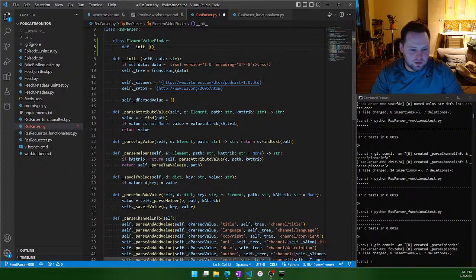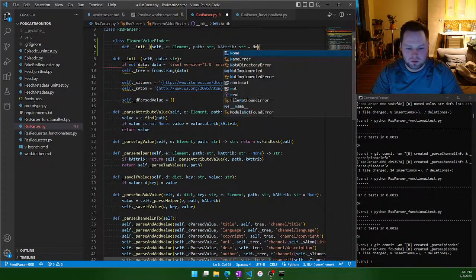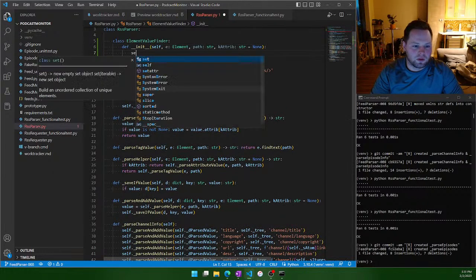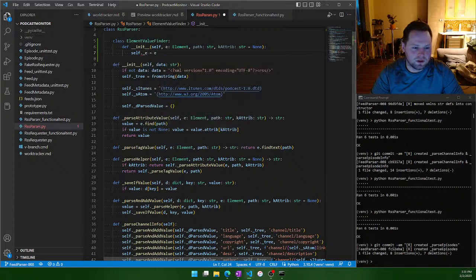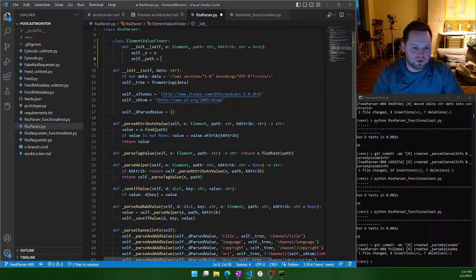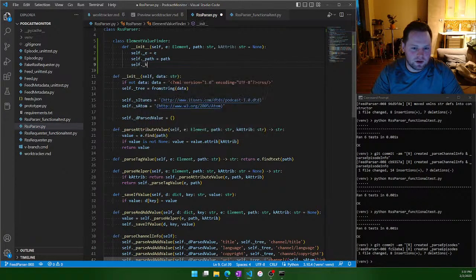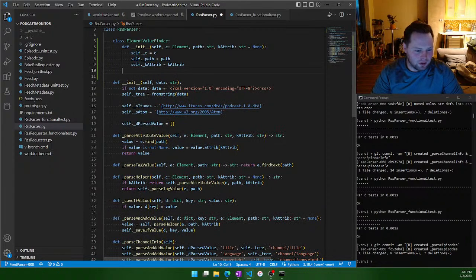And so here we'll say self, e: Element, path: str, k_attrib: str equals None, self.e equals e, self.path equals path, self.k_attrib equals k_attrib. And then down here we would say def